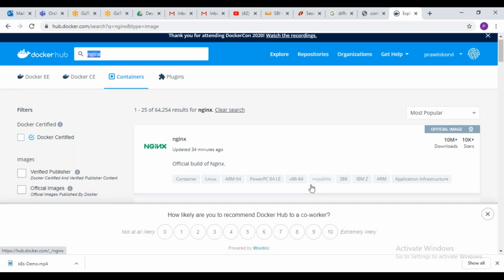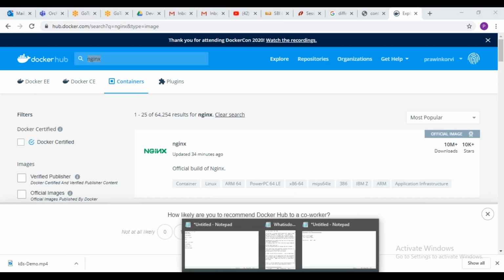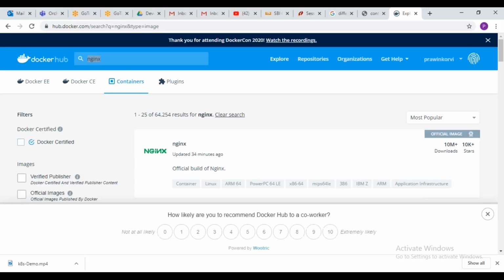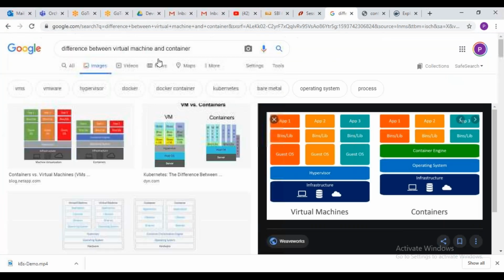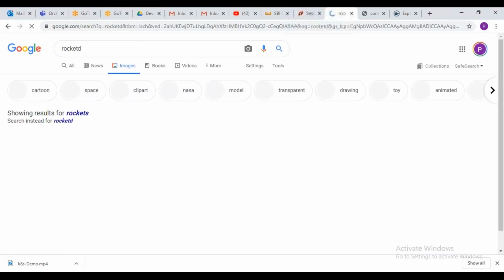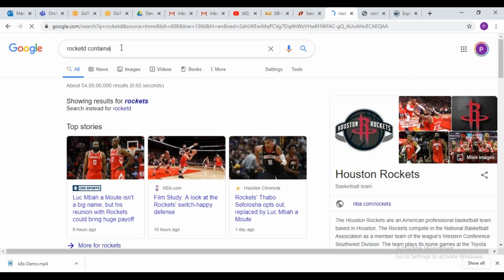So this is another advantage of Docker. We have another containerization technology available in the market, called Rocket (rkt).